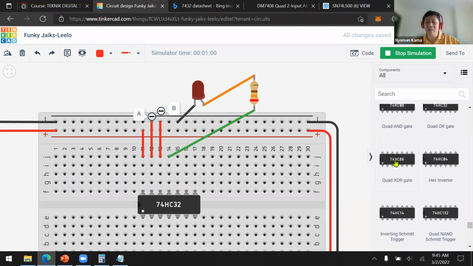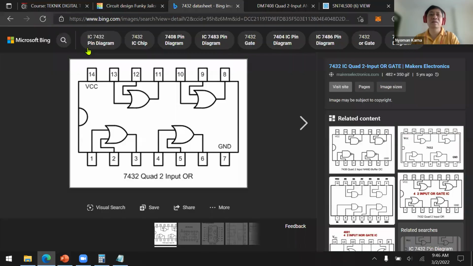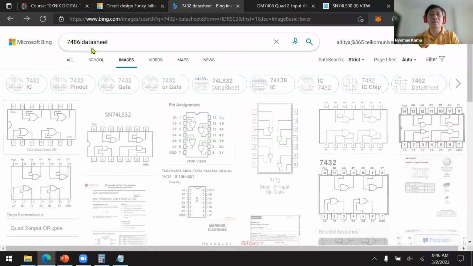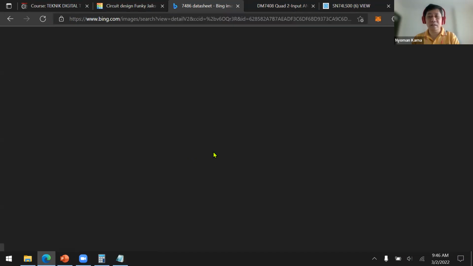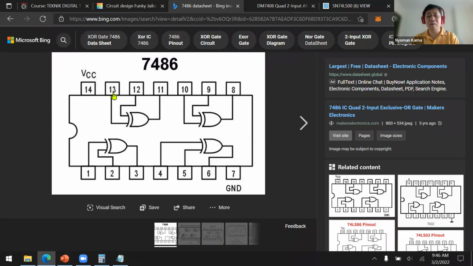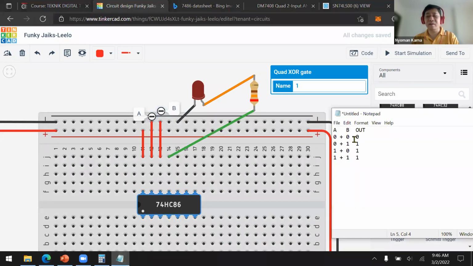Ah, we have the XOR gate. 7486. Okay, still the same for the layout. Pin number 12 and pin number 13 will become the input, 11 is the output. Now let's try it again.